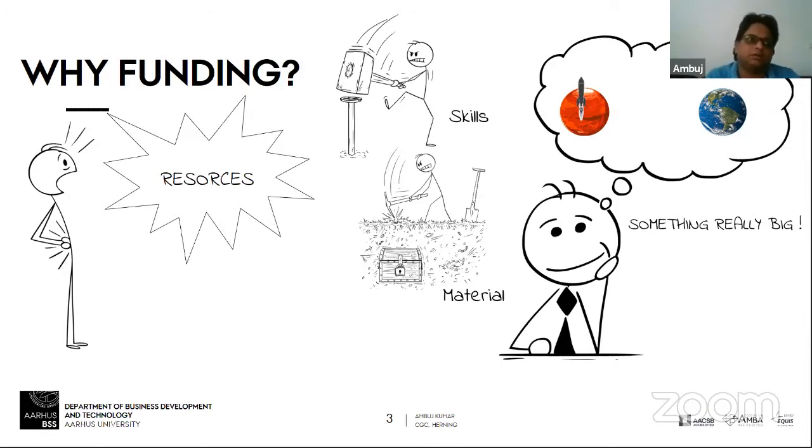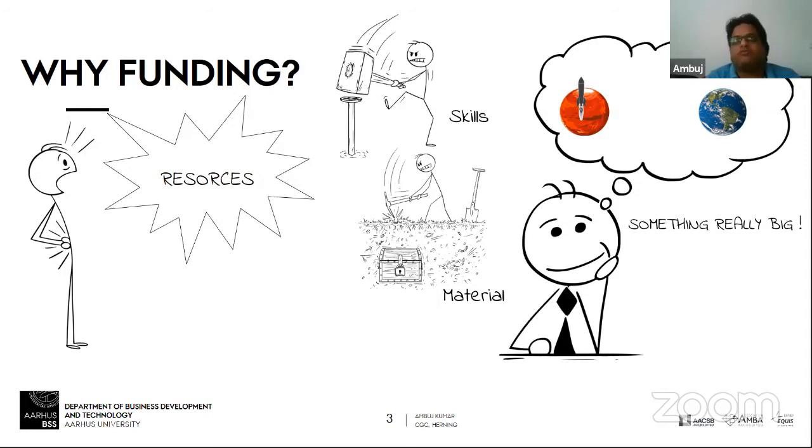Material can be getting some resources, or real material like raw material, let's say steel, oil, or whatever, and also other capabilities like manufacturing or development capabilities. They can also sometimes be considered as material or resources.